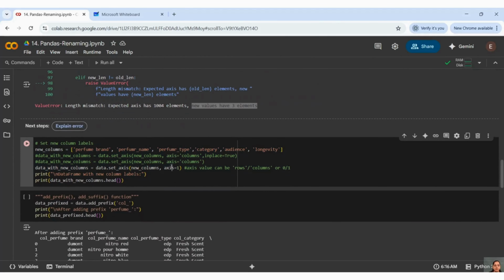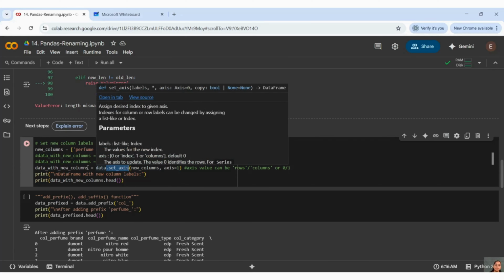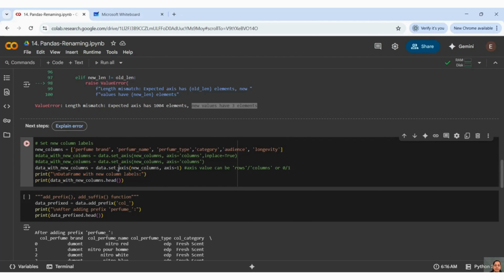We have taken set_axis, like the renaming can be done with set_axis. With set_axis, you have to pass all column names again, guys. See, all new columns I have taken, all 6 column names. These are the names I want to rename to, and you can see all 6 names are here.